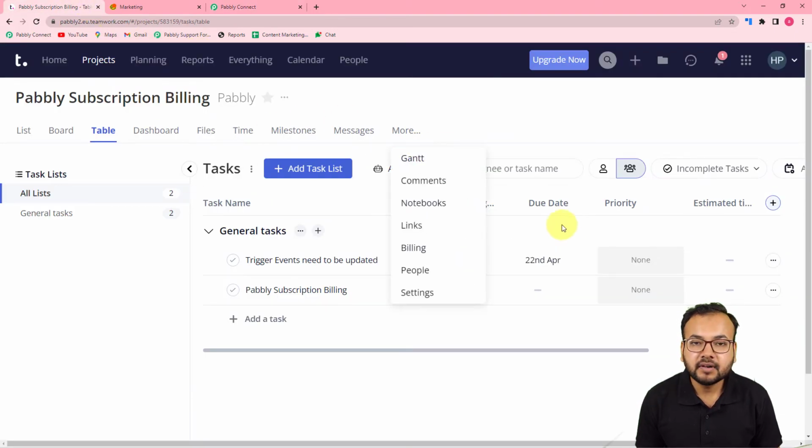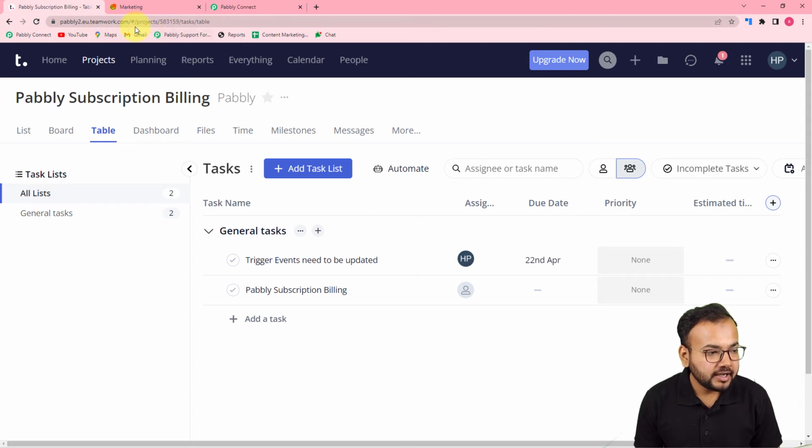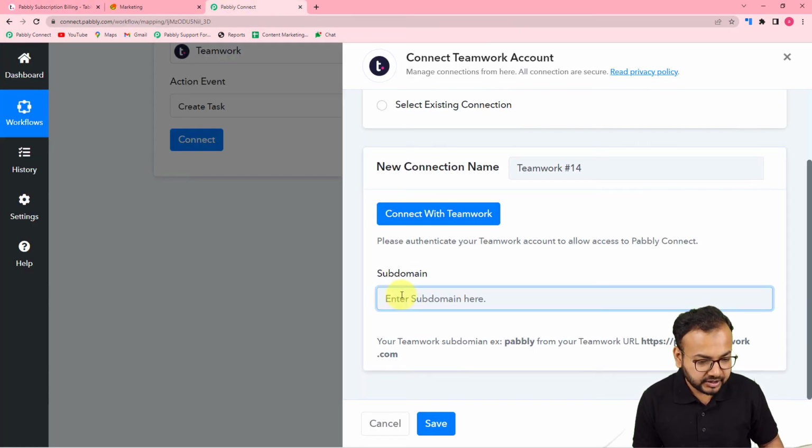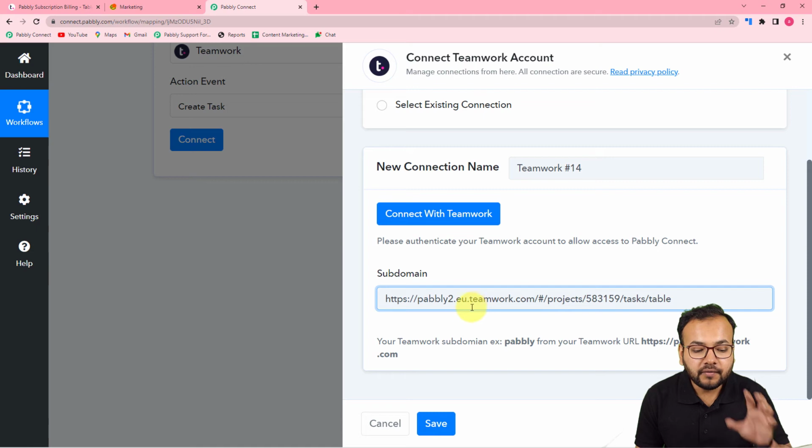Let me show you. This is my Teamwork application's dashboard. And here in this top search bar, you can see we have this URL. Let me just copy this whole URL, and I'm pasting this URL here. Now from this URL, you just need this